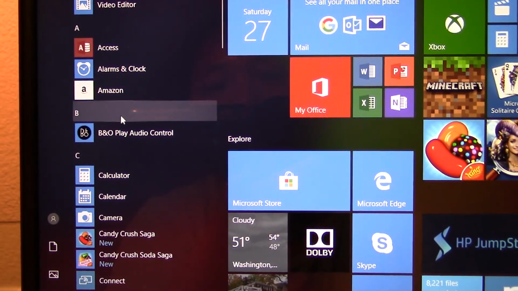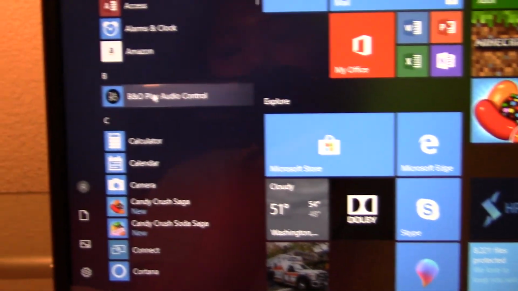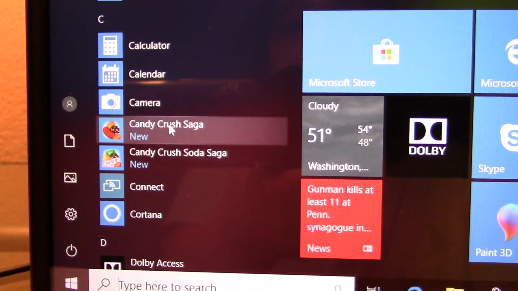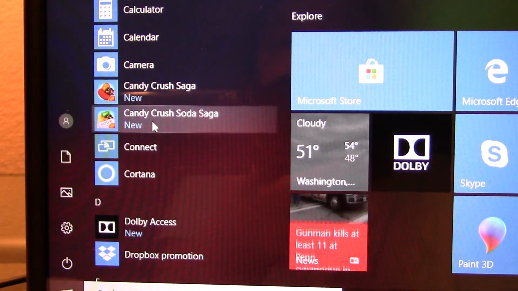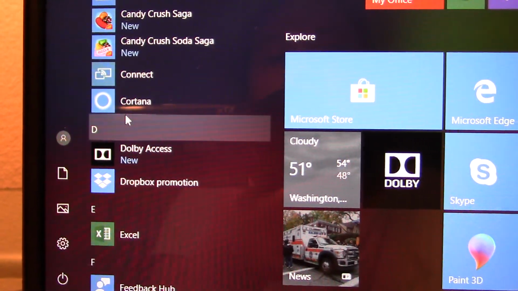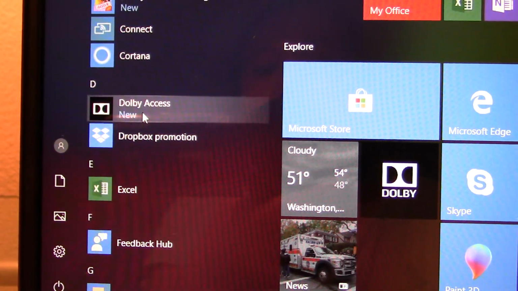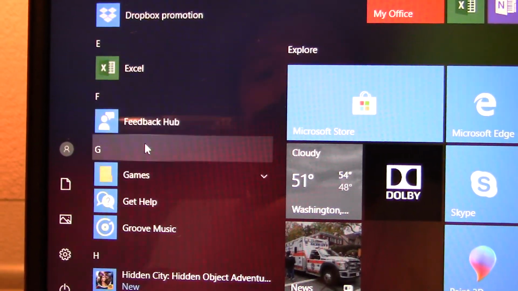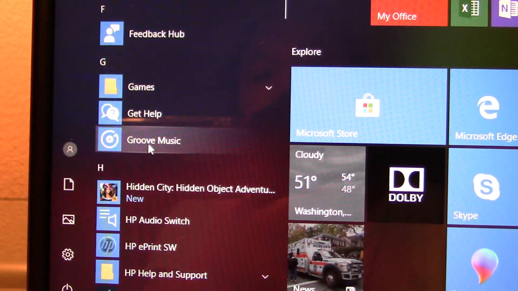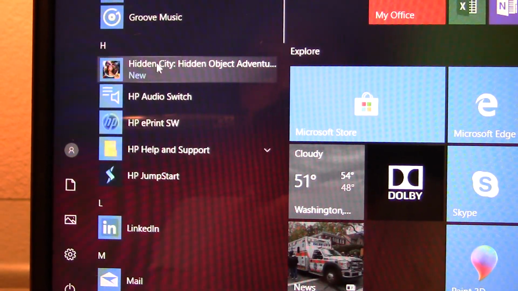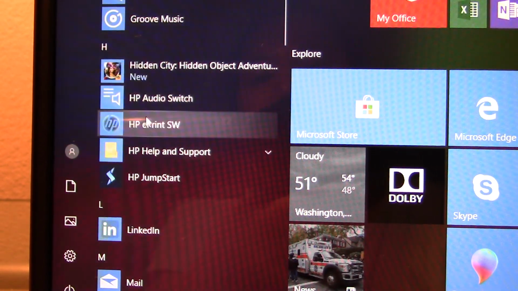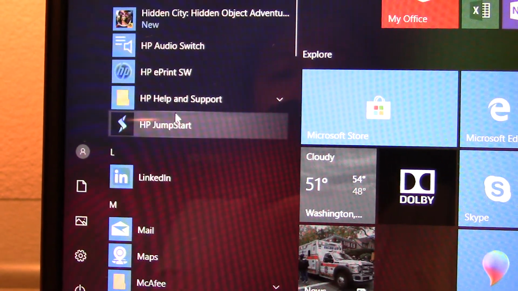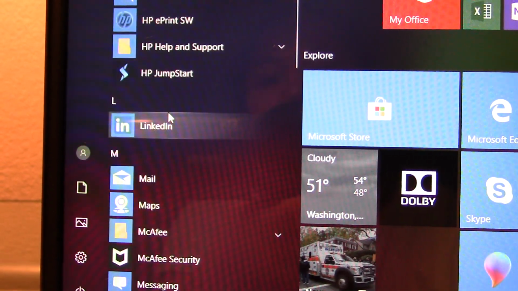Access, alarm clock, Amazon, piano, play, audio control, calculator, calendar, camera, Candy Crush Saga, Candy Crush Soda Saga, connect, Cortana, Adobe Access, Roblox promotion, Excel, feedback hub, games, get help, Groove Music, hidden CD, hidden project adventure, SB audio storage, SBE print, HP help and support, HP Jumpstart,